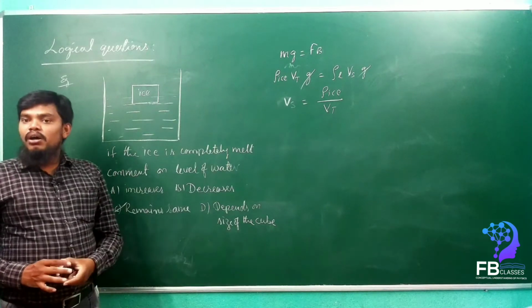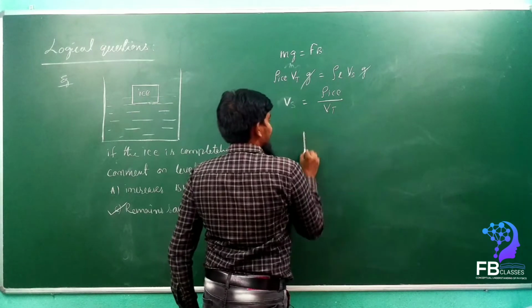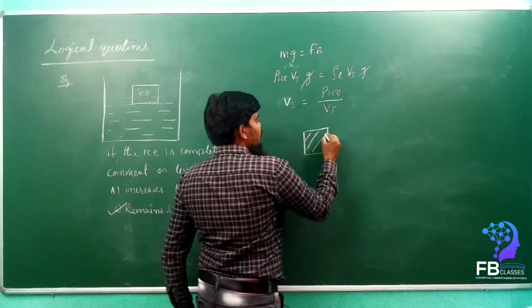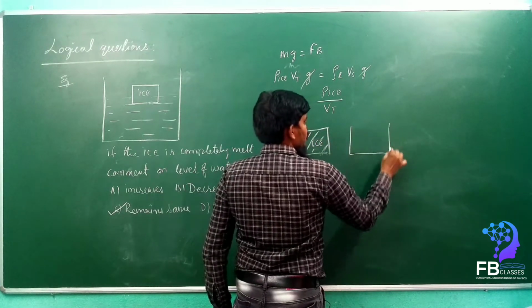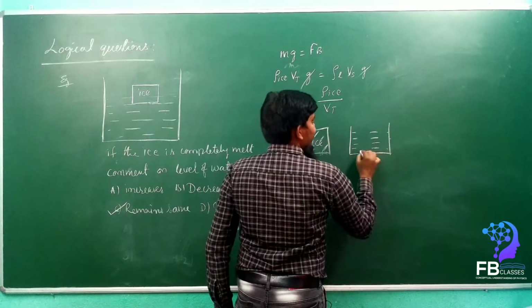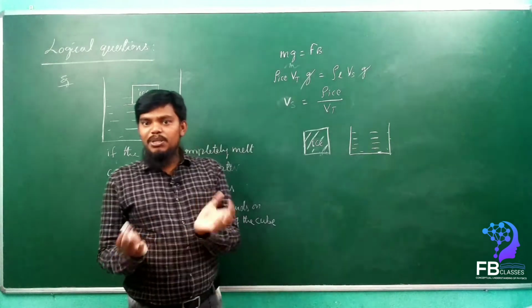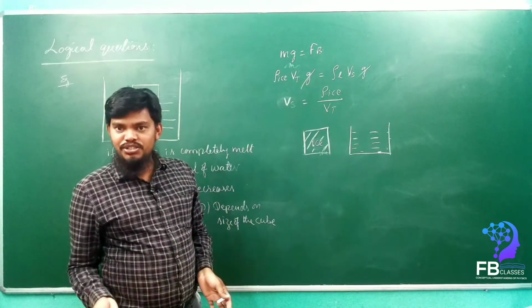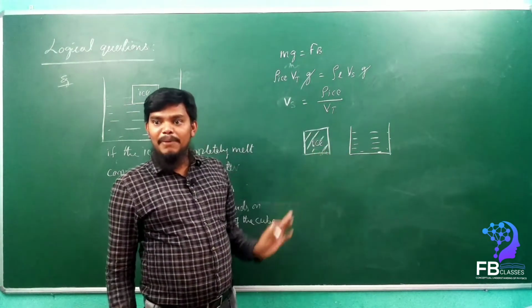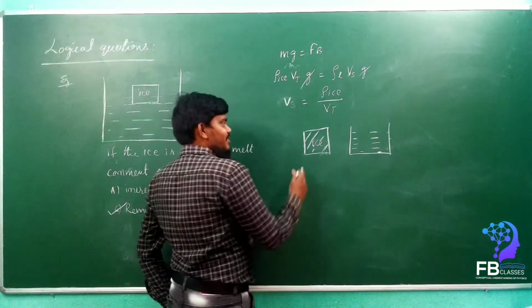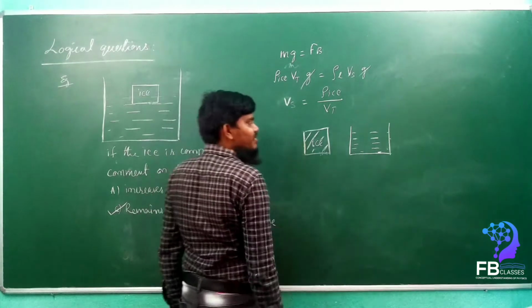Now once we take out this ice cube separately, the total ice cube melts into water. Before melting it was in the solid state, now it is in the liquid state. What will be the constant? The mass will not change. The density may vary, since ice and water densities are different, but the mass is constant. So mass of the ice is how much?